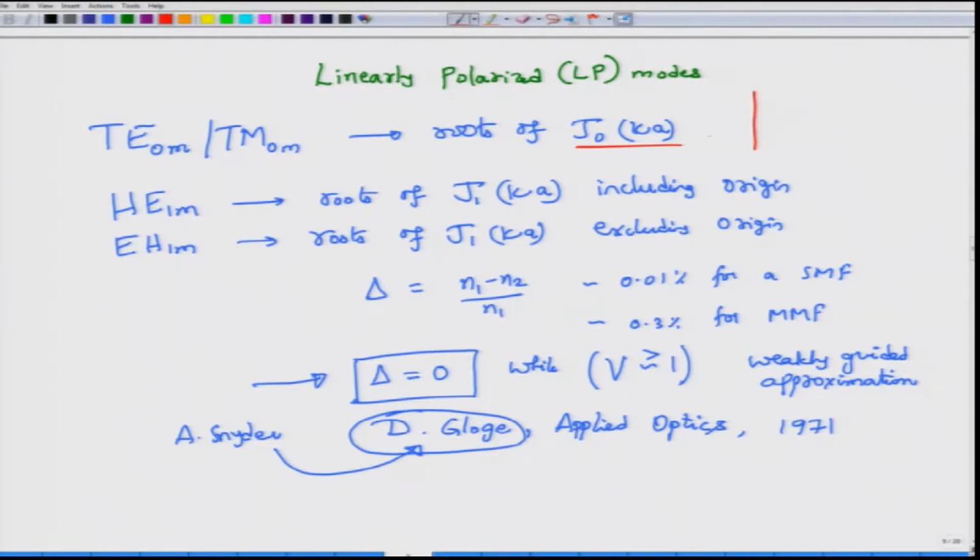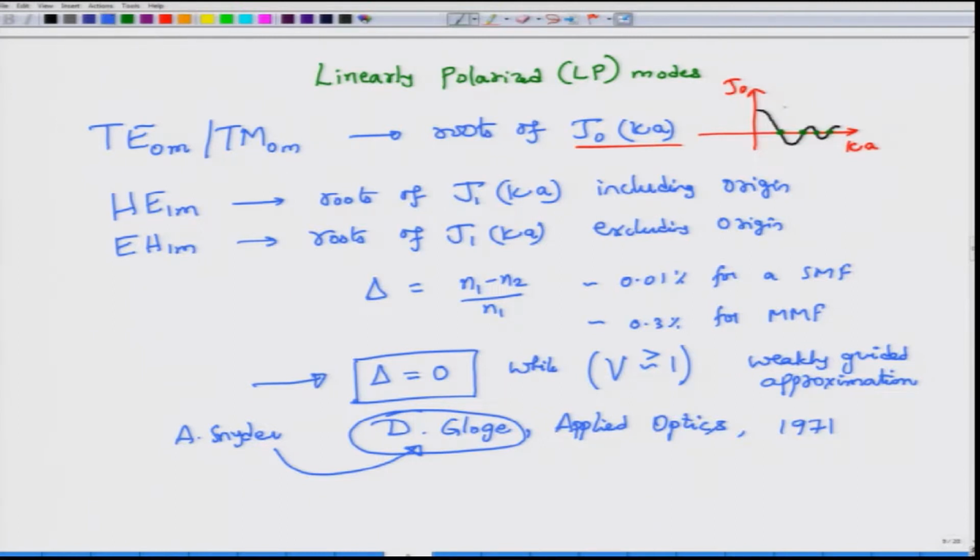For example, if I plot this Bessel function of order 0 with respect to kappa a, how would it look? This would look something like this. Okay. So, it starts at a value of 1 and then it looks like a damped sinusoid as we have discussed. So, at this point it is 1. So, where are the roots of this equation? These are the roots of this particular equation. So, once you reach these roots, you will start seeing different TE modes.